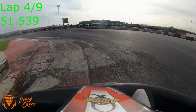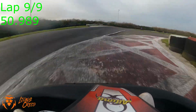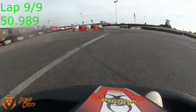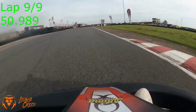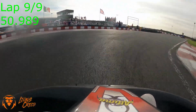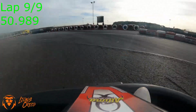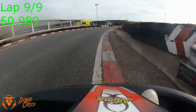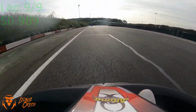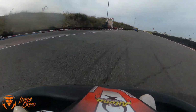But skipping forward from lap 4 to, I believe, lap 9, indeed it is, final lap of the race, I wasn't able to catch up to the guys up ahead. To be honest, looking back at this race, I think the bottom end of the car wasn't great. I know I say that every race. It's almost like my go-to excuse, but I was kind of looking at the exits out of some corners. That, combined with me just not driving well on this first heat, I just couldn't catch up to the group ahead. It was P5, but there was a bit of drama, and with drama, it is time for story